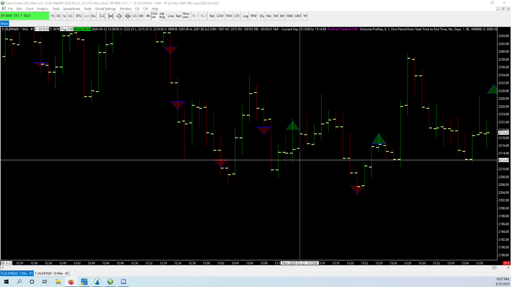So I'm looking to get on the other side of it, and it's got that nice pullback, like a high velocity pullback. That's what you're looking for. You're not looking for these little shitty pullbacks, and I'm not looking for this getting embedded and chopping and putting in multiple tests of that area. I want one test with a really high velocity pullback, and then I'm going to get in on the other side of it. Notice I'm right one tick above where that pivot was.